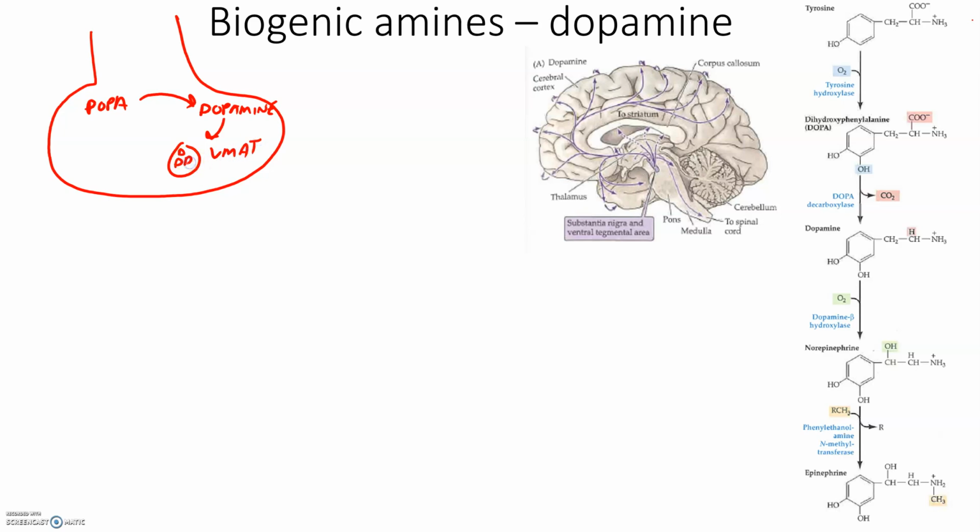Okay, so the vesicles are now loaded with dopamine. There's a synaptic release event. Dopamine is released into the synapse, right? And postsynaptically, it's going to bind to a G protein coupled receptor. That's not an ionotropic receptor, so it doesn't directly open an ion channel. Dopamine binding to this G protein coupled receptor will allow the G protein that's associated with it